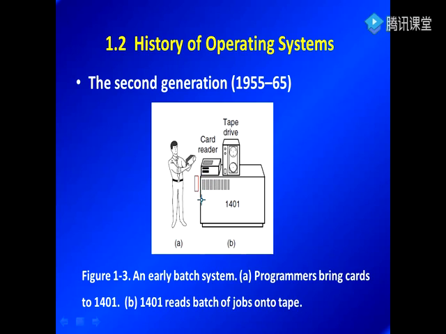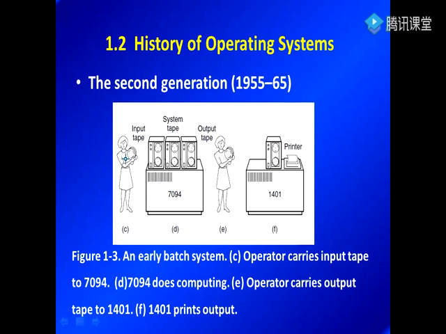You can see this computer just reads from the punched cards and puts the programs onto the tape. So this input tape includes multiple jobs, just a batch of jobs to be executed in the computer,